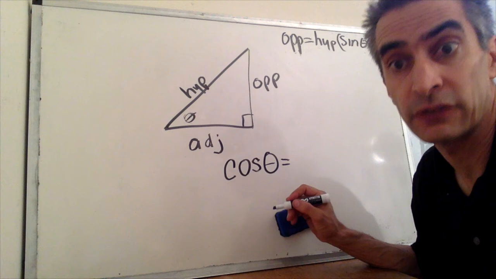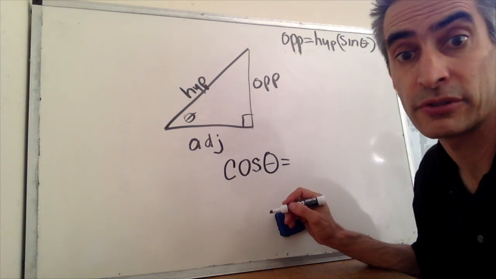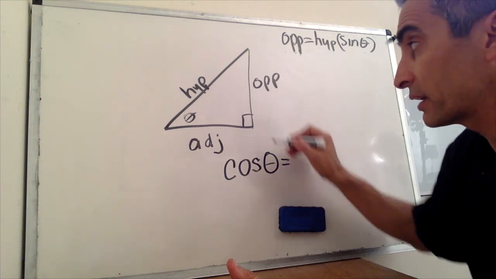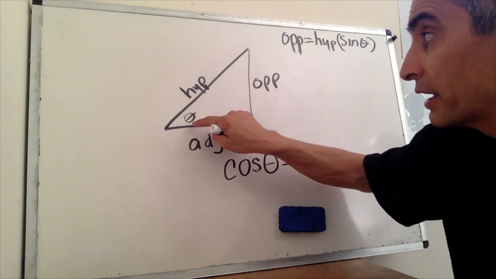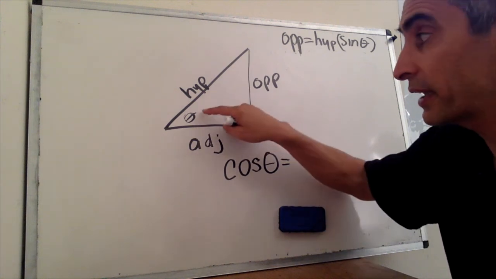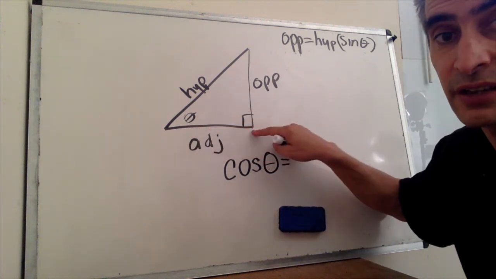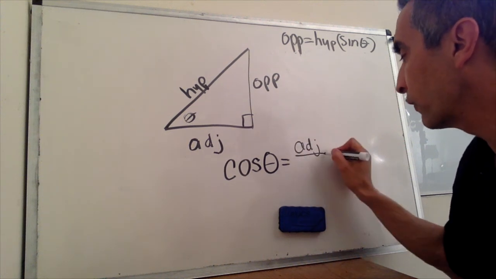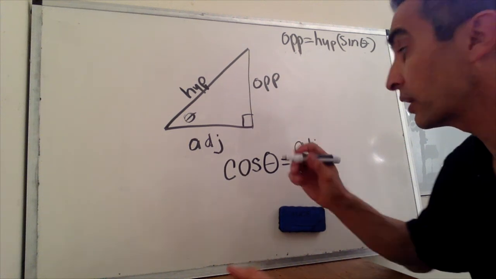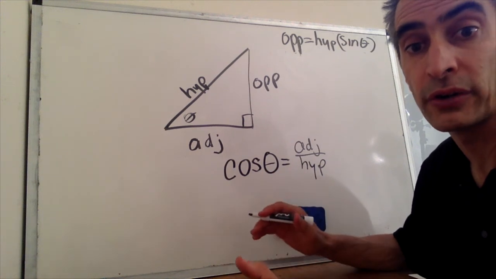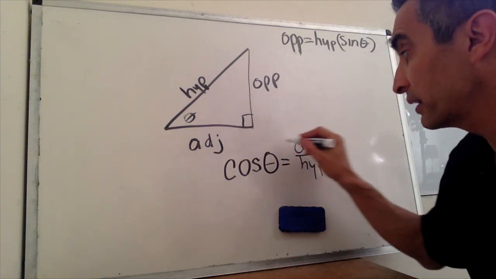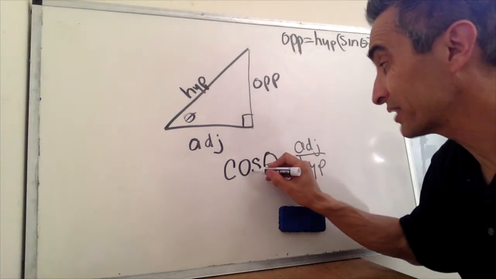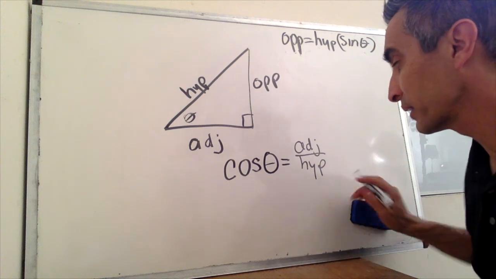So now we're going to come up with the cosine of theta. If you've taken trig, or if you're taking trig now, or maybe took geometry, you may already know that the cosine of an angle, the cosine of theta in a right triangle, is going to be the adjacent side, the side that's adjacent to theta, over the hypotenuse. So we're going to write adjacent over hypotenuse, and we're going to do a little bit of a twist here. We are going to write this equation in terms of the adjacent side, the cosine of theta and the hypotenuse. So we're going to say, okay,